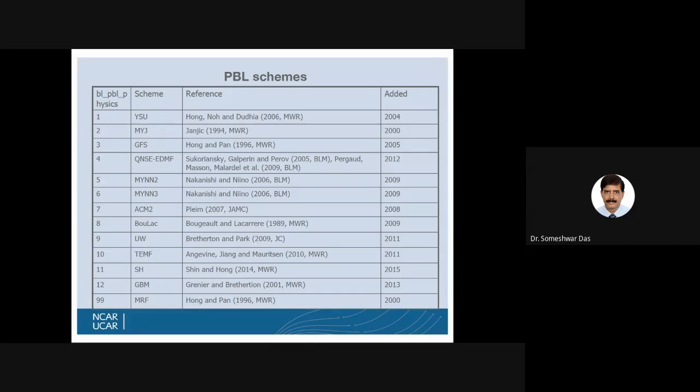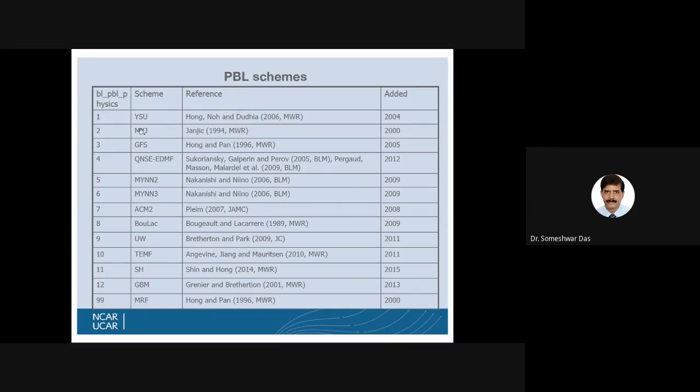Okay, again, the question of which one we should use or which one is the best is very difficult to answer, because it depends on your application and the location where you are using it. But still, some of these schemes are slightly economical in the sense of computing requirement, and some of them are quite extensive, which requires extensive computational resources.